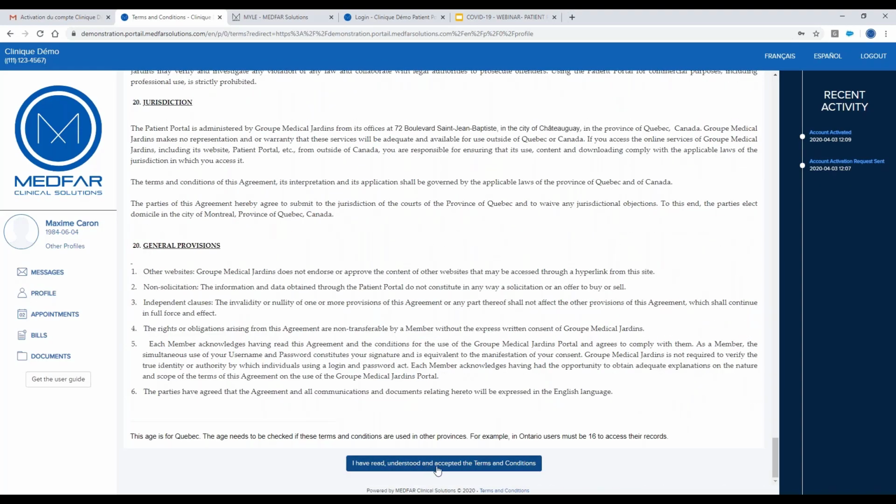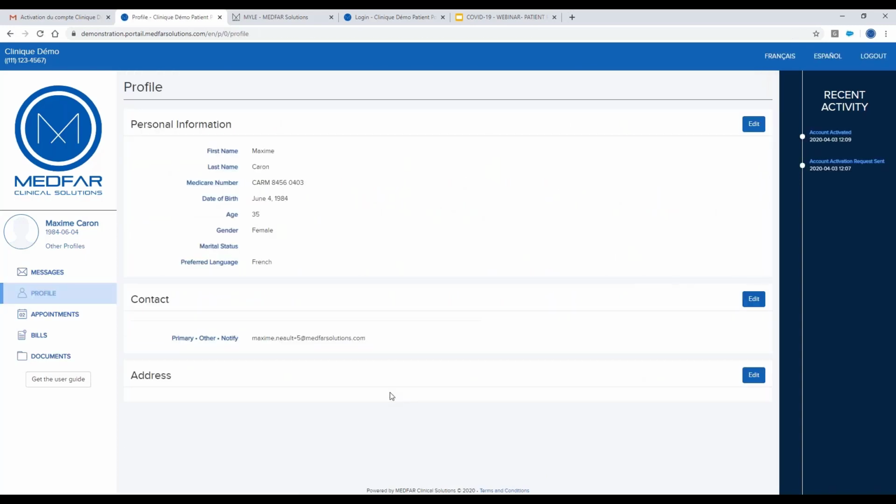I've read and understood, accepted the terms and conditions. Once that is done, I'm in my account. So that's what a portal account looks like. It's very simple to use. You'll see that briefly. You have the logo of your clinic, if you have one, and you'll have different tabs